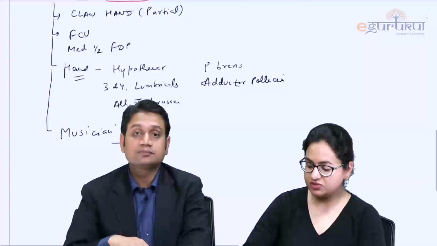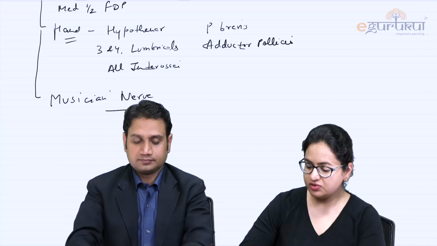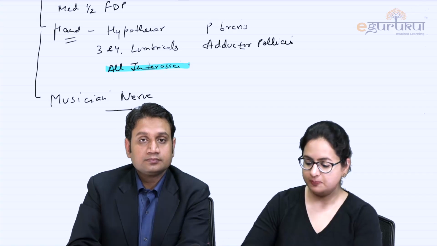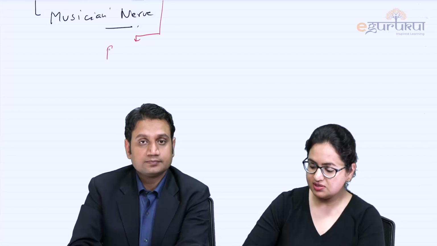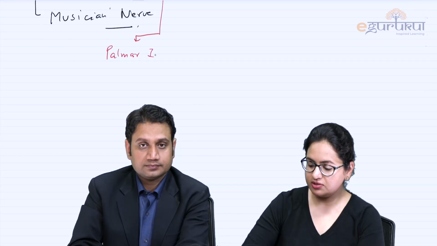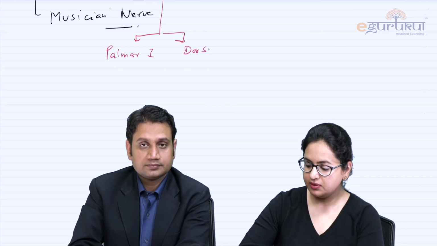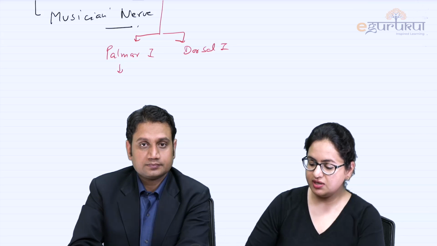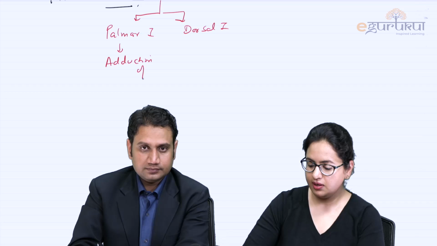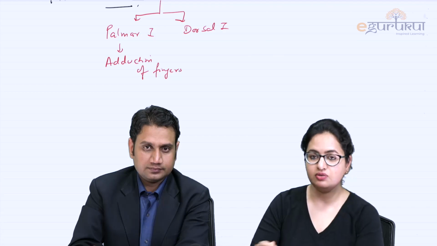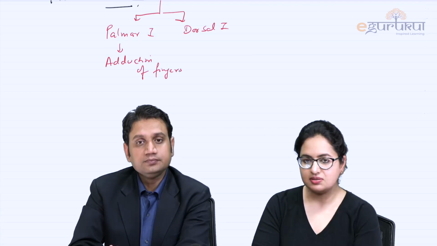In this ulnar nerve, we have just mentioned that the ulnar nerve is the one which is supplying all the interossei. Now over here, when we talk about the interossei, we basically have two types. It includes the palmar and the dorsal interossei. Now this palmar interossei is responsible for the adduction of fingers. And this action is utilized again to check the integrity of this nerve.